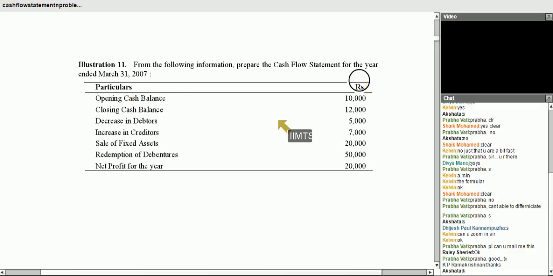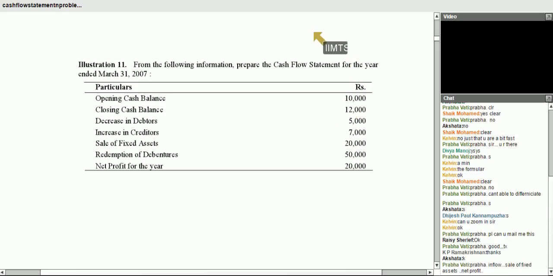Opening cash balance is 10,000 rupees. Closing cash balance is 12,000. Decrease in debtors is 5,000. Increase in creditors is 7,000. Sale of fixed assets is 20,000. Redemption of debentures is 50,000. Net profit for the year is 20,000. This information is given,